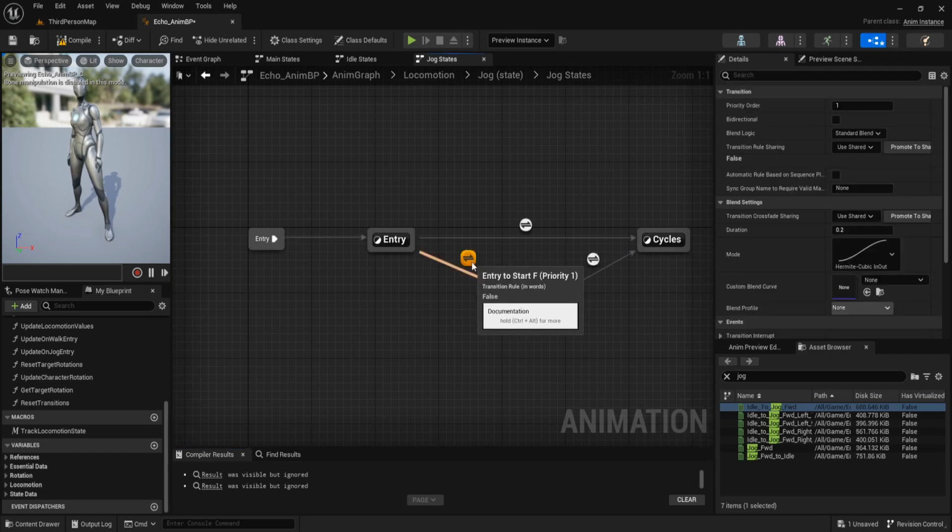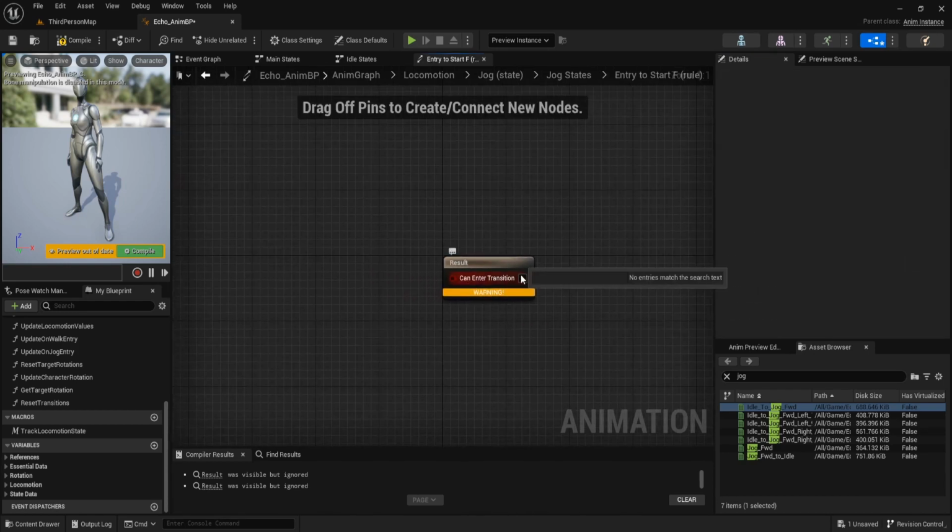And this transition, set the priority to 2 and duration to 0. Set it to true.